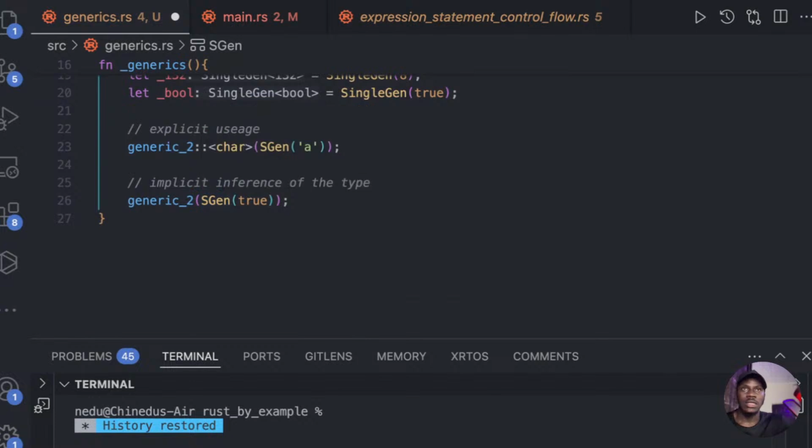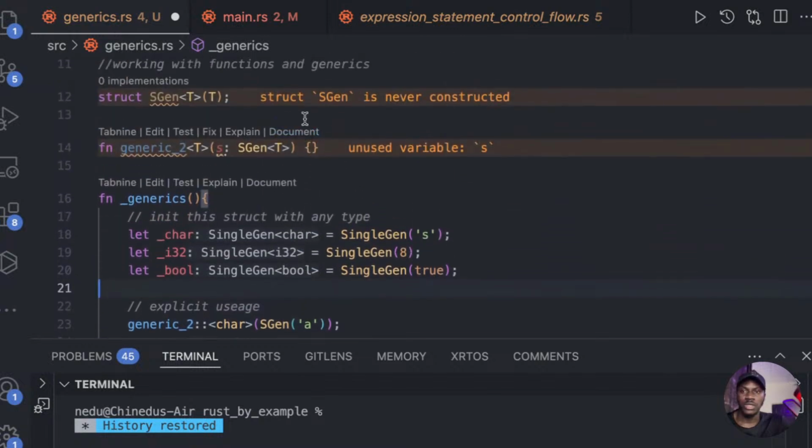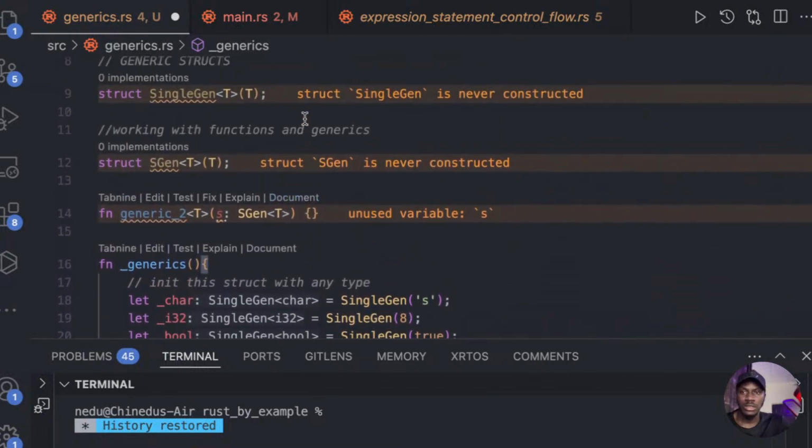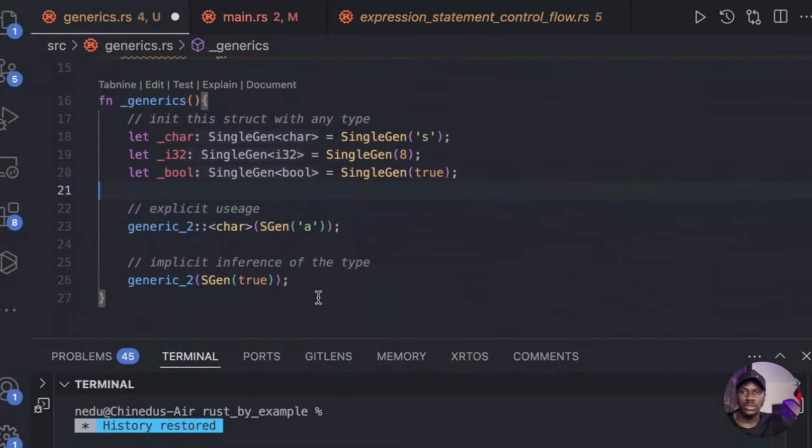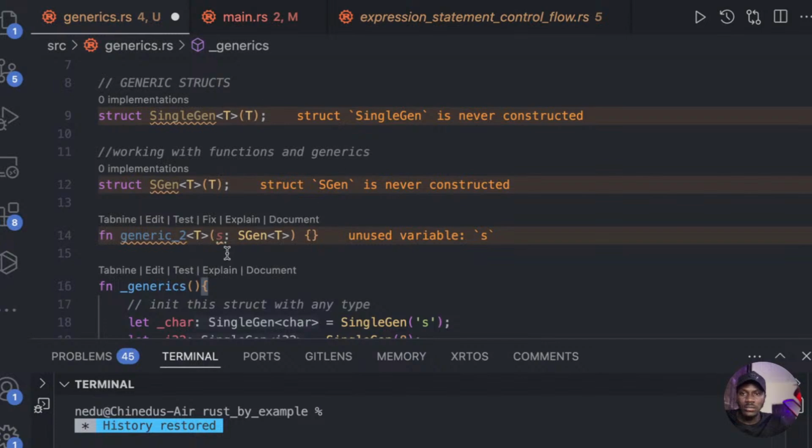So yeah, that's it for generics and how to use them with functions, and all the implicit and explicit usage. I would usually always go with implicit, right? Because it's faster and shorter for me. I don't have to manually write those things by myself. So next, let's look at